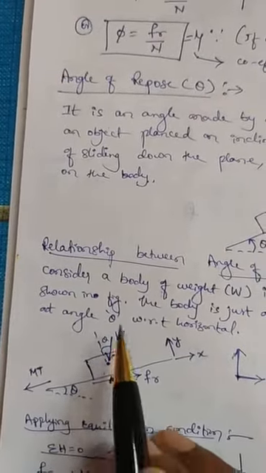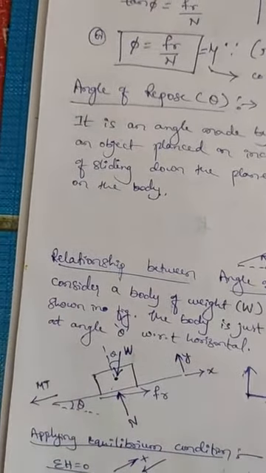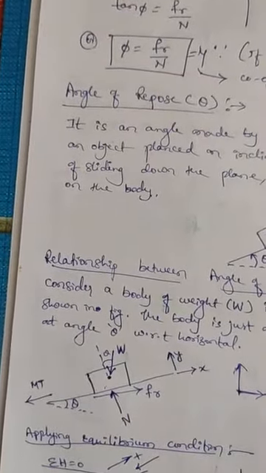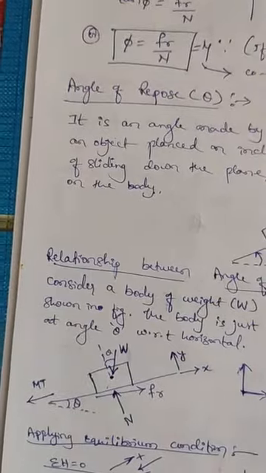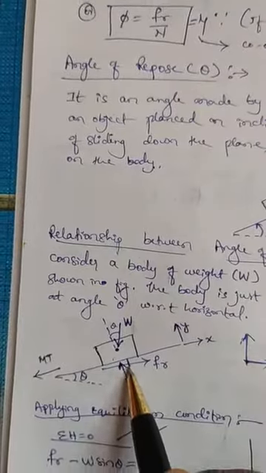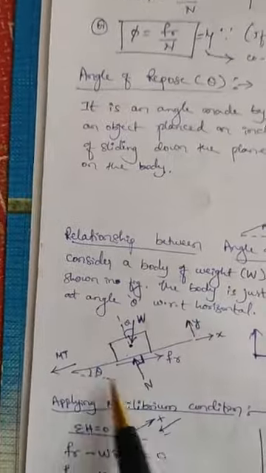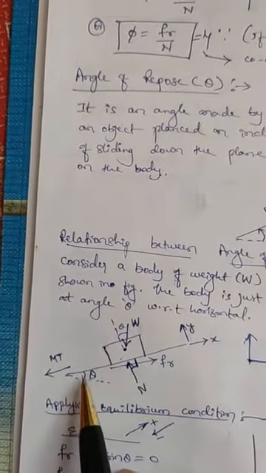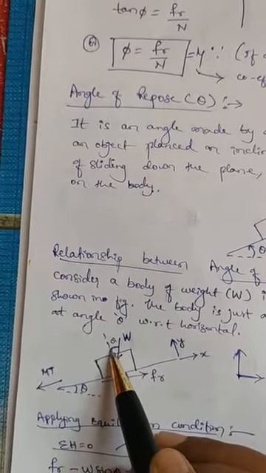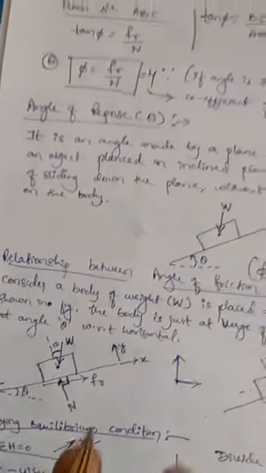As the weight is acting vertically down, our normal reaction will be perpendicular to the plane all the time. We have this in rollers or cylinder, we can say. Always the reaction offered will be perpendicular to the plane on which it is acting. Now in this case, this is a plane which is inclined, so our normal reaction will be perpendicular to this. So this angle will be 90. Now this is angle of repose. Whatever the angle made by W with respect to our actual y-axis is theta. With this we are supposed to consider.